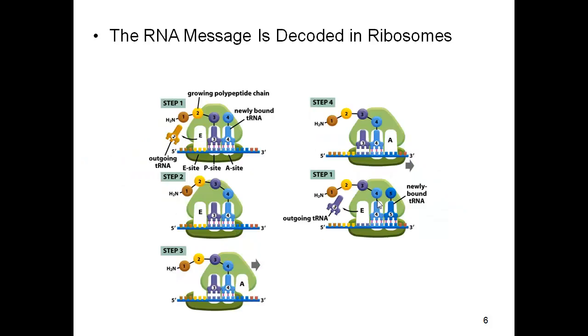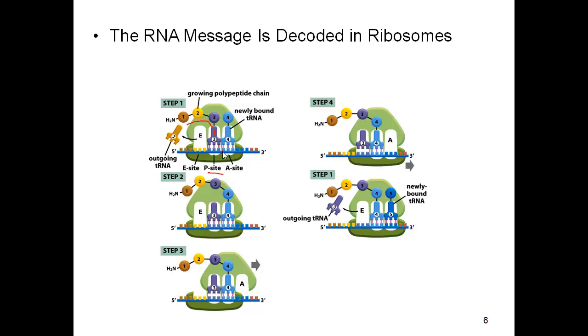Now here we can see the 4 steps of one cycle of peptide elongation. In the peptidyl site, the P site, you have an existing polypeptide chain attached to a single tRNA molecule. The correctly base paired tRNA, the one with the proper anticodon for the existing codon, comes into the A site,